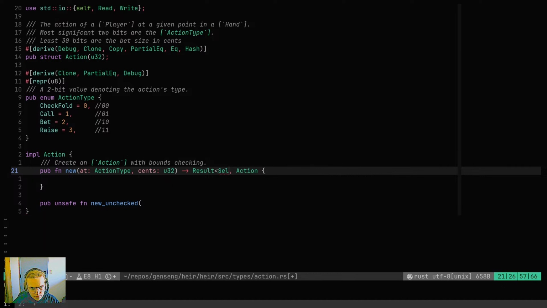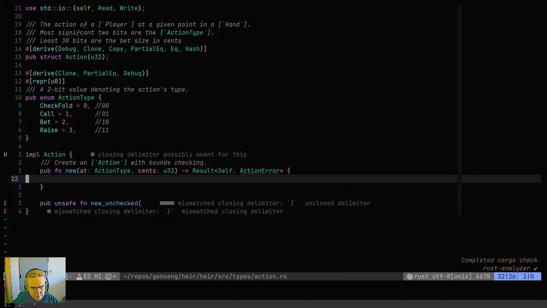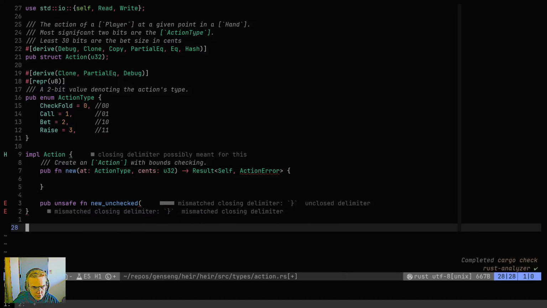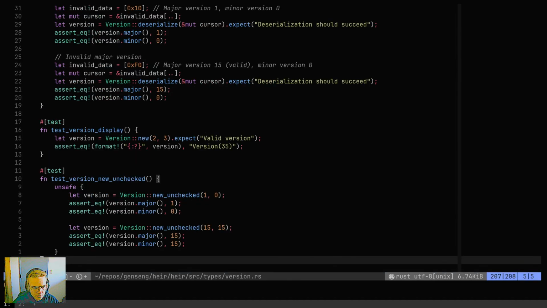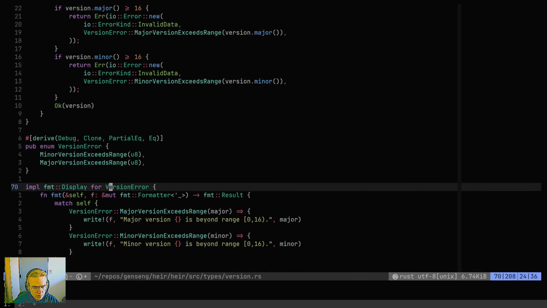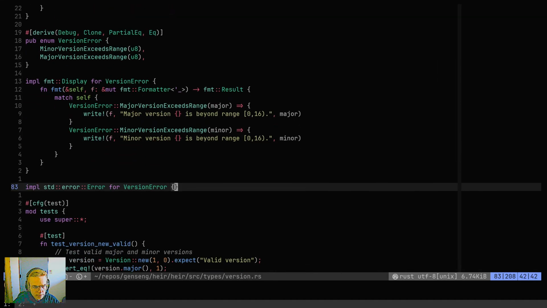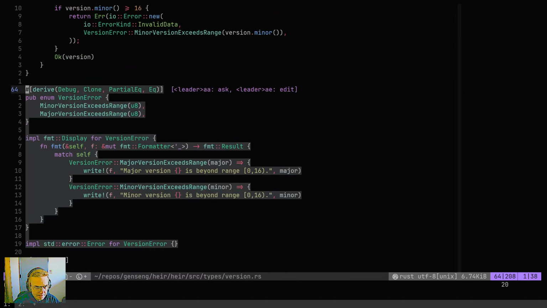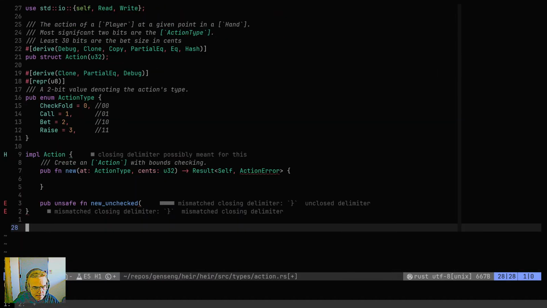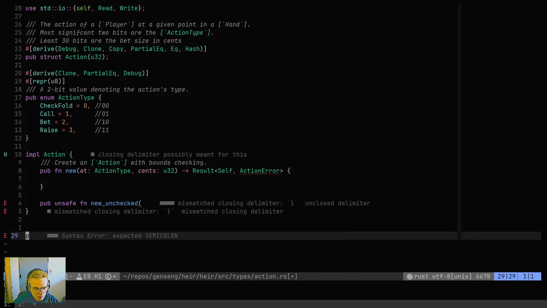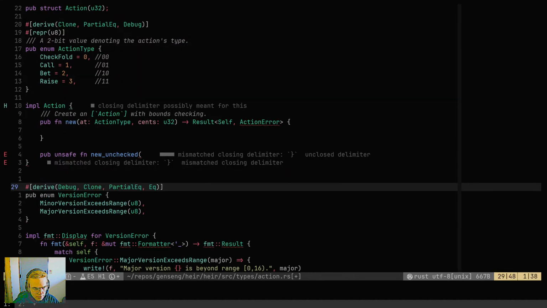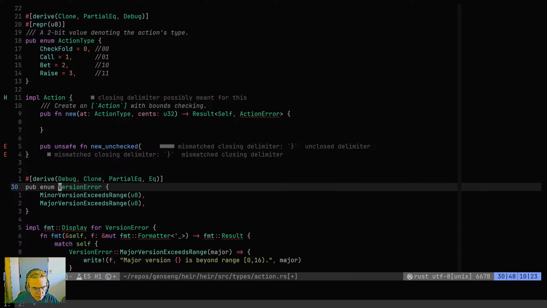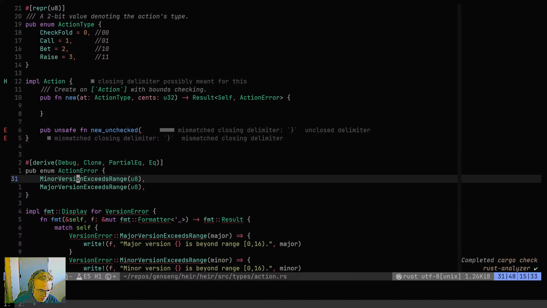Sorry, Self, action error. Define action error to see anything get from version. So we'll just do this. So I'll have this be action error. So one of them will have